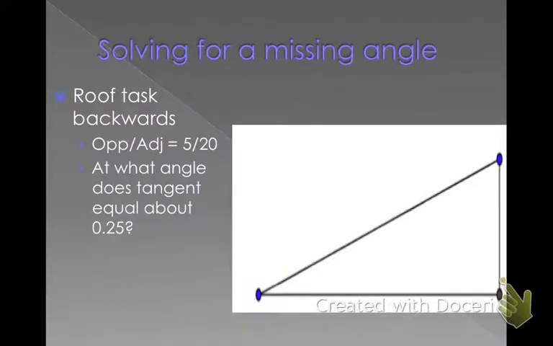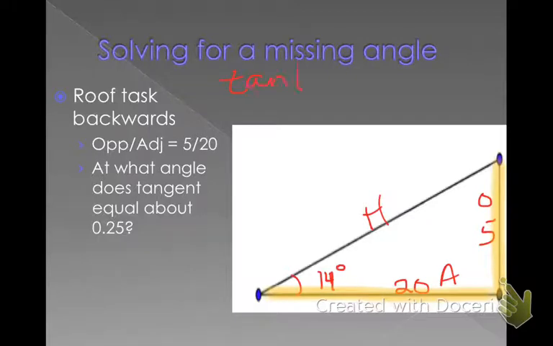Going the other way, if you were told this side length was 5, and this side length was 20, the two sides that we have are still opposite and adjacent, which still means we're looking at the tangent ratio. So once again, we can say the tangent of theta is equal to the opposite side over the adjacent side. In this case, we don't know theta, but we do know the opposite, and we know the adjacent. If I get a decimal approximation of that fraction, in this case it's a pretty easy one,